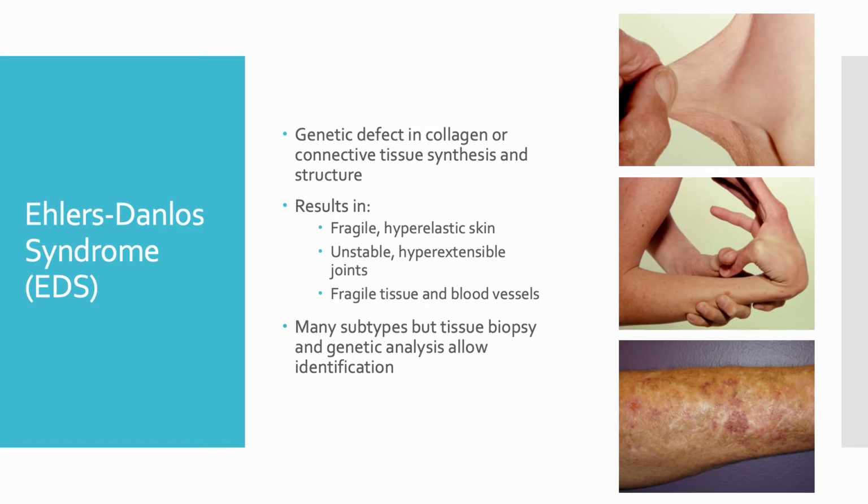Ehlers-Danlos syndrome is actually a number of conditions, at least 14, where there is a genetic defect in collagen or connective tissue synthesis and structure. But in general, this results in fragile and hyperelastic skin, unstable, hyperextensible joints, and sometimes fragile tissue and blood vessels. So there are many subtypes, but one particular, Ehlers-Danlos syndrome type 4, is very important, rare, but has serious implications